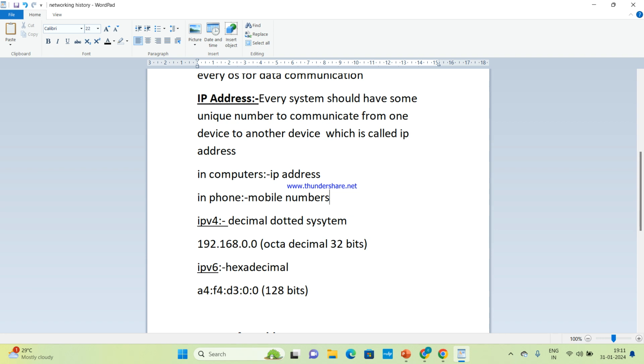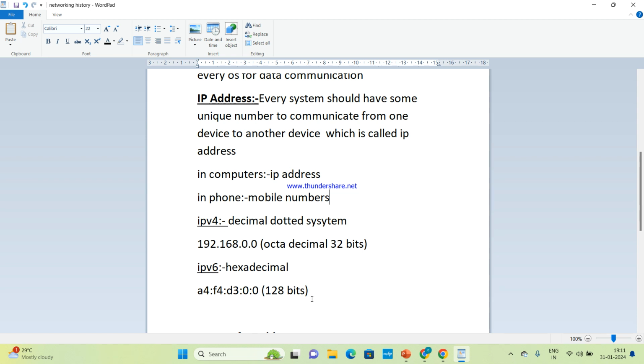Version 4 is decimal dotted. It's divided into 4 octets, 8, 8, 8 and 8, in decimal, and it carries 32 bits. Whereas IP version 6 is hexadecimal. It is divided with colons and it's 128 bits.